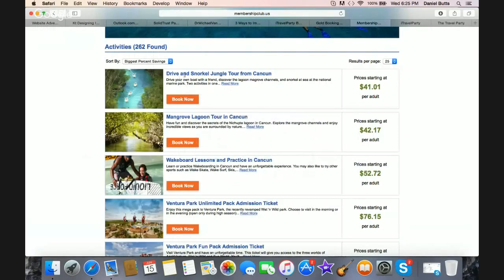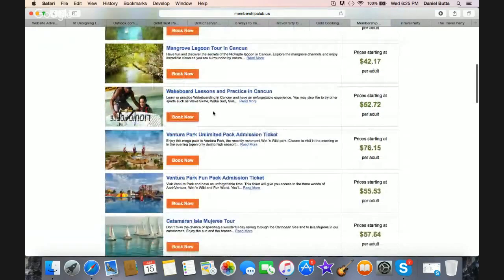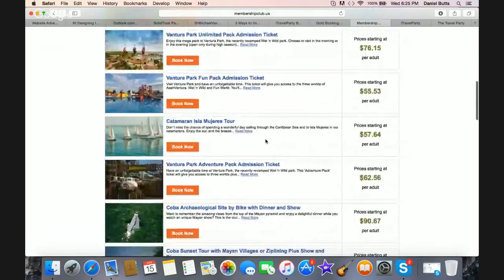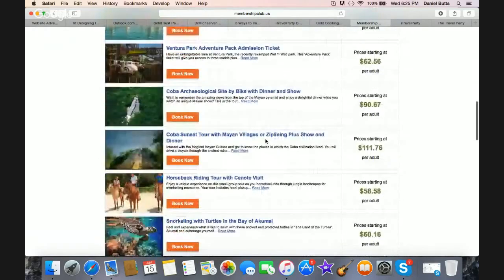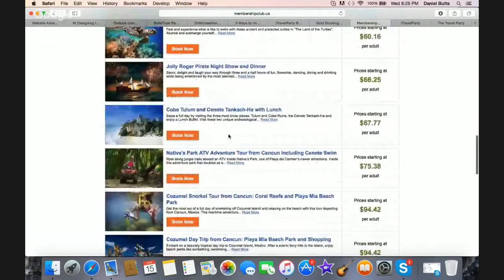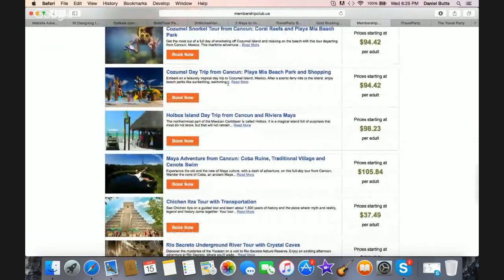So here's a drive-in snorkel jungle tour from Cancun. Wakeboard lessons, that would be fun. $52 each. So you can book it right on here, and then when you show up, it's already booked. So you already know what you're doing, when you're doing it, and you don't have to spend any time trying to get deals and stuff. Cozumel,